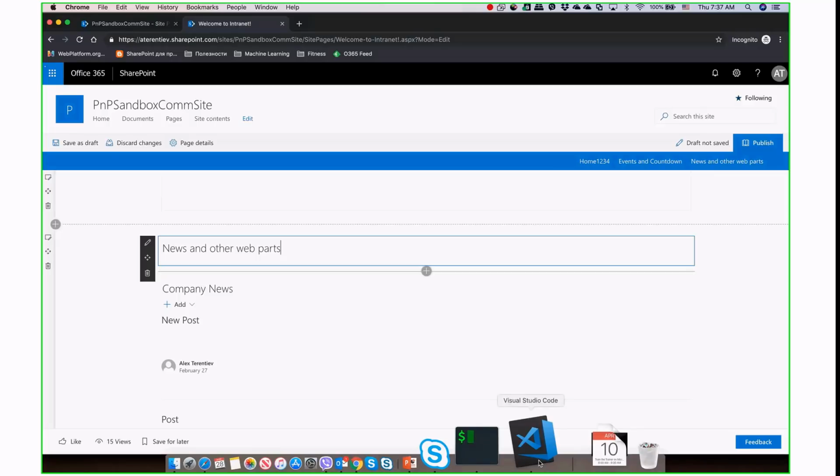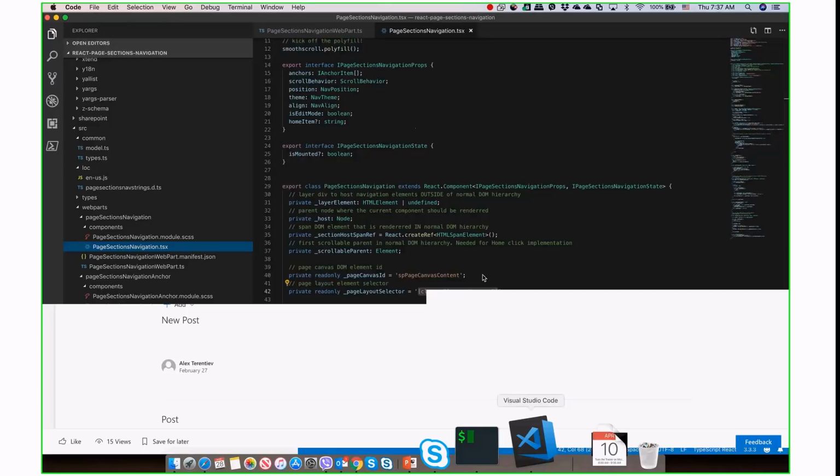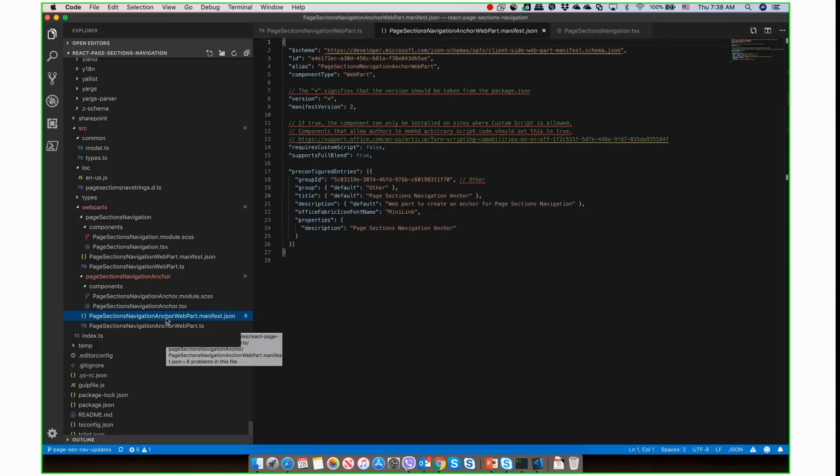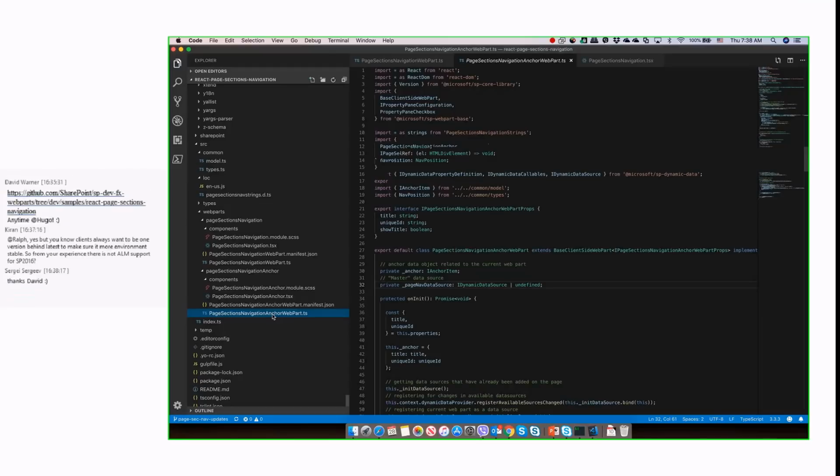So here I have two web parts, the page sections navigation web part and the page sections navigation anchor web part. So basically, these are two web parts that we are working with, and they are communicating with each other. So basically, in my